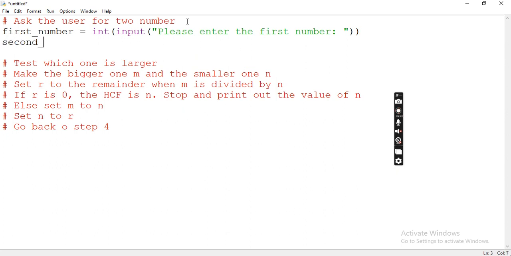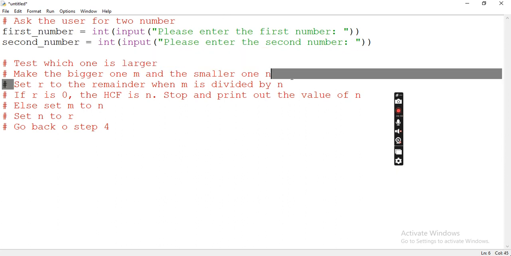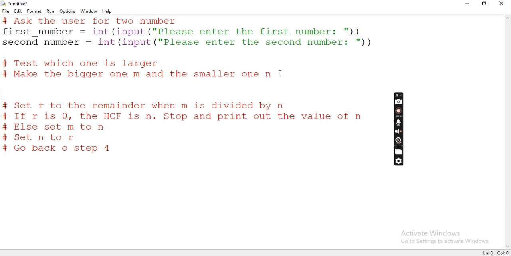Second number goes to input, enter the second number. So for steps 2 and 3, we'll combine them